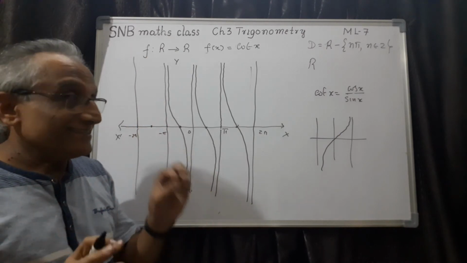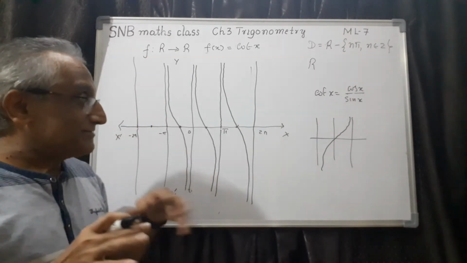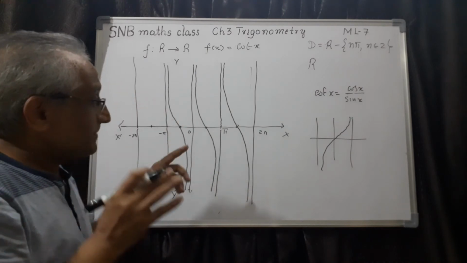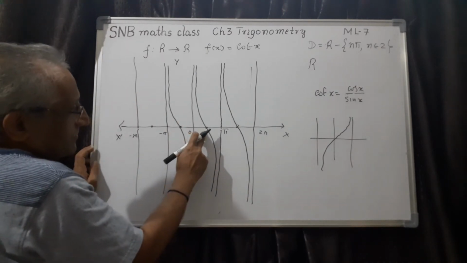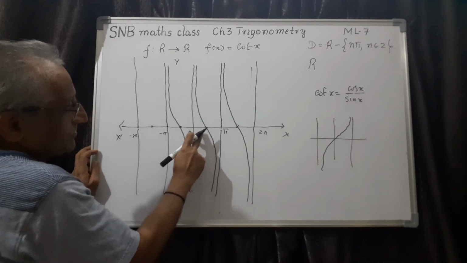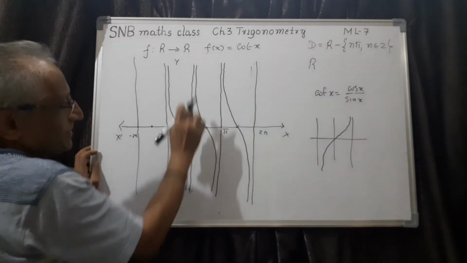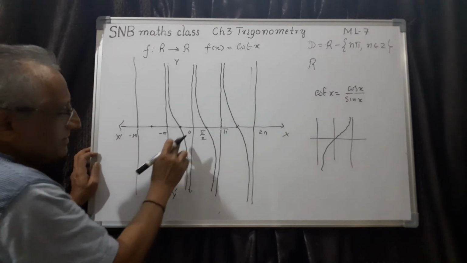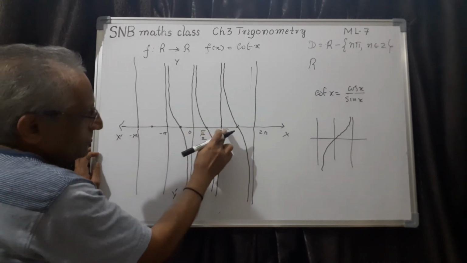And now we can verify. This is one important thing. Even I sometimes make mistakes, because when we draw, we don't have all those ideas in mind. See here, at pi by 2 it is 0, and at 0 it is not defined, so infinity. You can check with your reasoning: 0 to pi by 2, pi by 2 to pi.